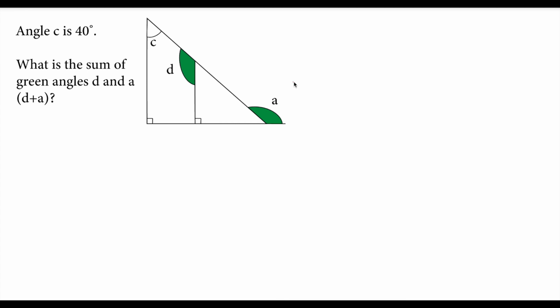Let's read the question. Angle C is 40 degrees. What is the sum of green angles D and A? Basically D plus A. So let's place the values we know in the question. So C is 40. So these are perpendicular